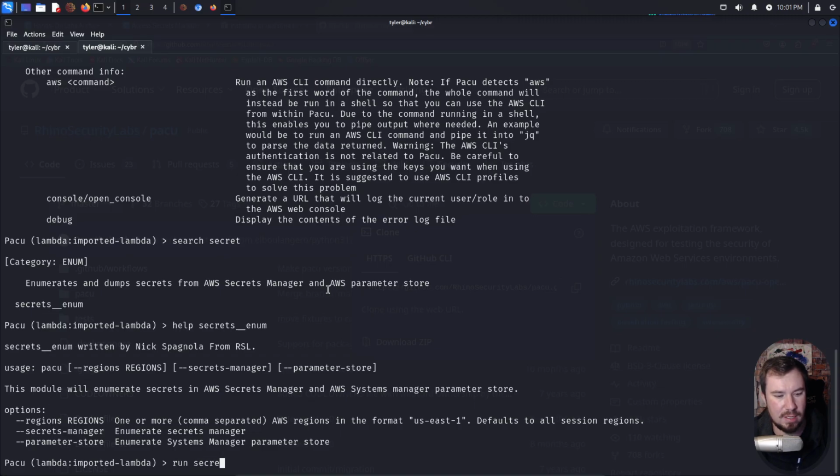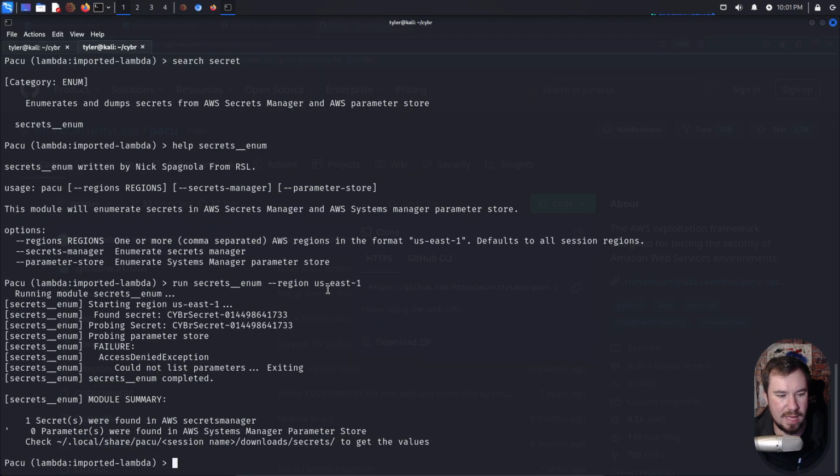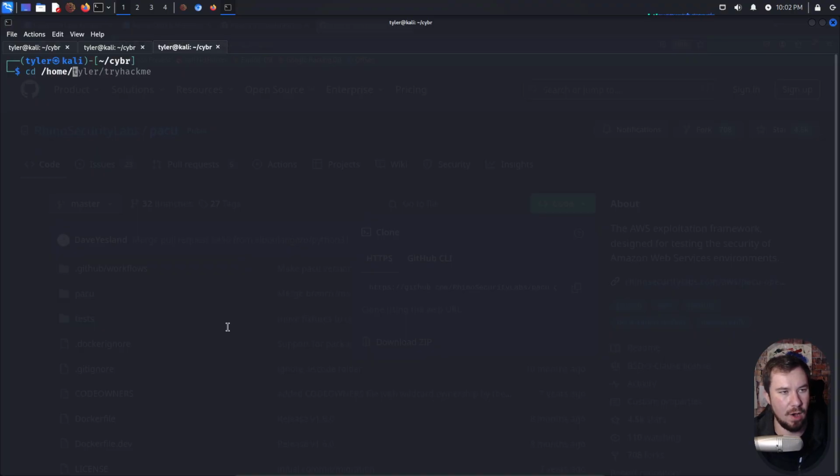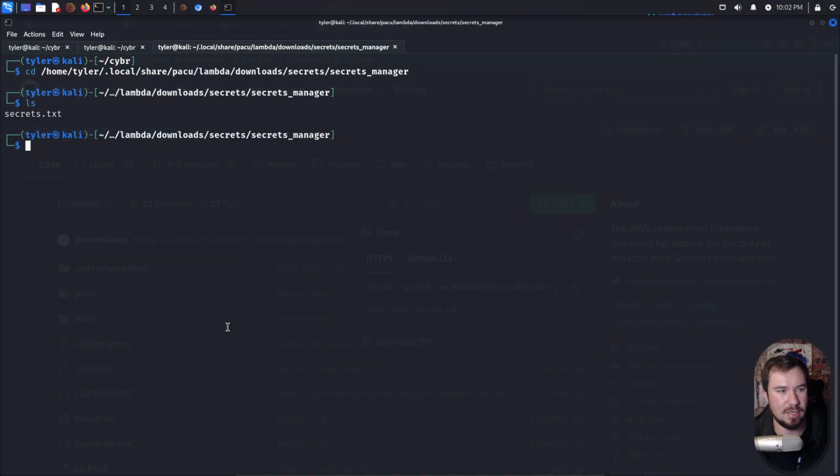So we'll do run secrets enum. We'll do region US East 1 and let it do its thing. And you can see right away, it found a secret, it probed the secret, it couldn't do anything from the parameter store, and it downloaded the secret. And it says, hey, check this area to see if you can get the secret. So let's do that. We'll go ahead and CD over to home, tyler.local, share, Pacu, lambda, download secrets manager, ls,